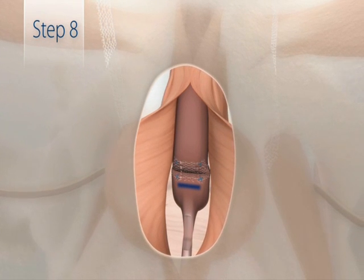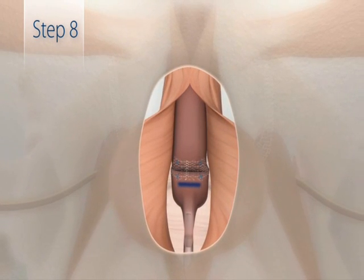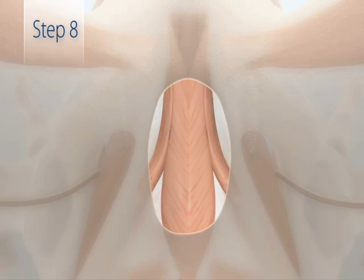Once sheaths have been removed, confirm sling tension. The procedure is completed by closing the bulbospongiosus muscle, the rest of the perineal incision,